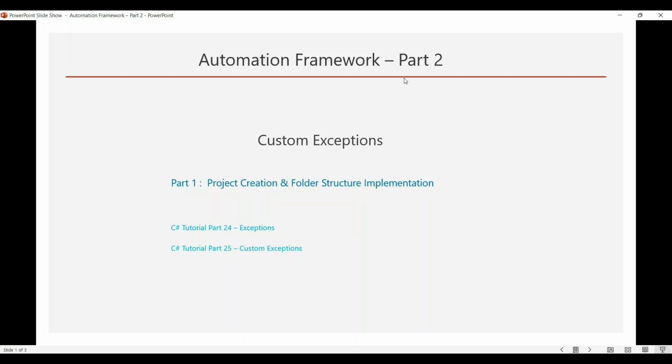Automation Framework Part 2: Custom Exceptions. In Part 1, we created an automation framework project and implemented a folder structure for that project as well. If you want to learn more about exceptions and custom exceptions, then you can go to C#